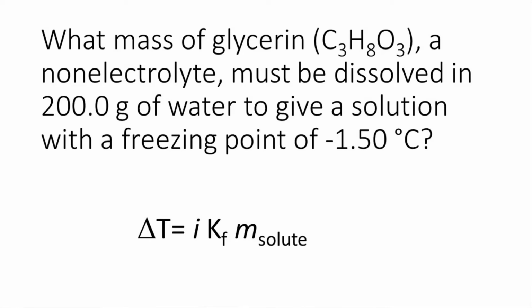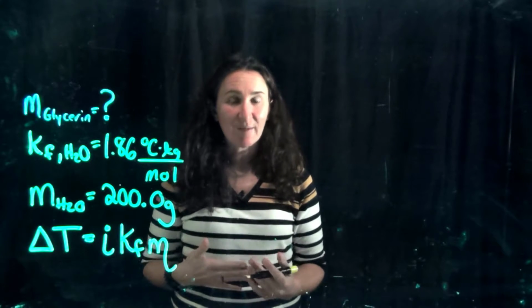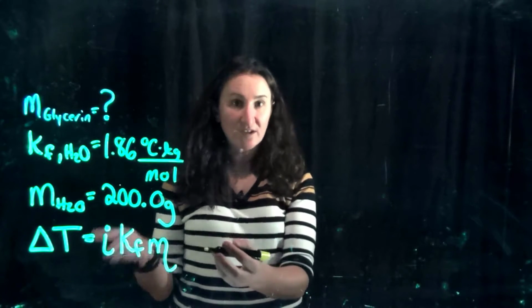What mass of glycerin, a non-electrolyte, must be dissolved in 200 grams water to give a solution with a freezing point of negative 1.50 degrees Celsius? In solving this type of problem, we need to think not only about what equation we are using to solve it